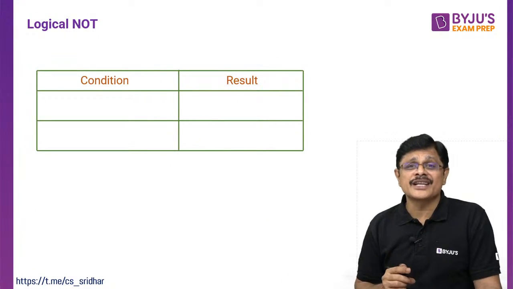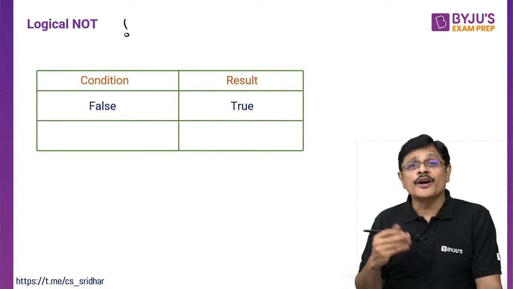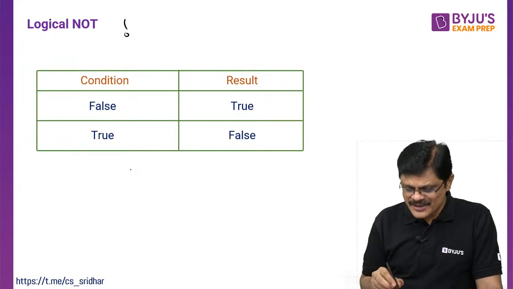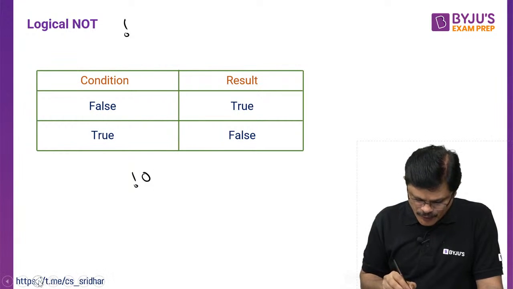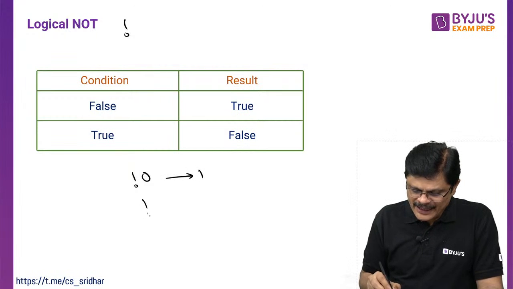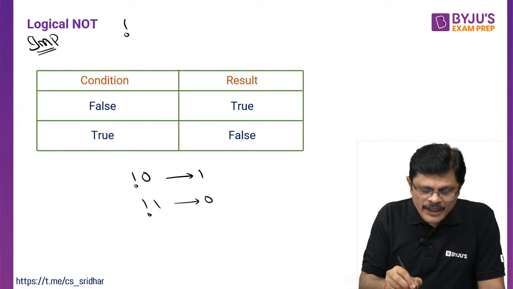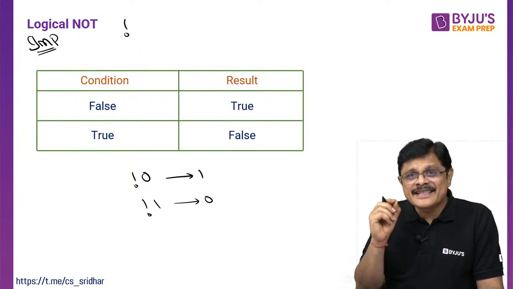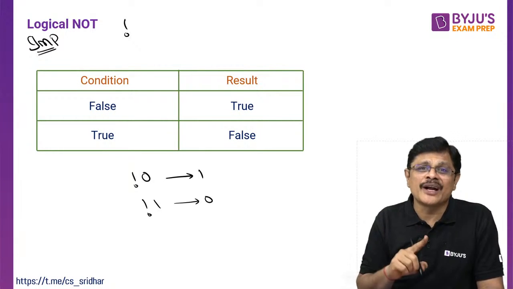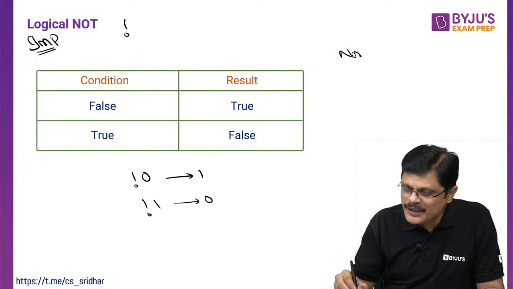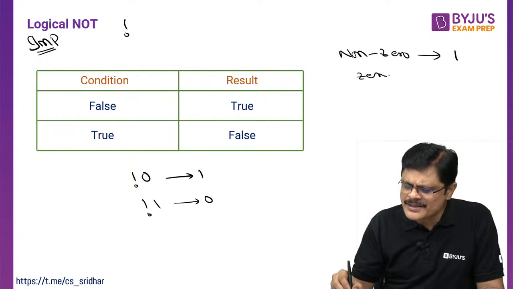Sir. Now the next one is the logical not operator. So when it is false, the result is true. Not of 0 is true. See, not of 0 is, okay, I'll put it this way. Not of 0 is 1 and not of 1 is 0. And this is the most important point to be noted, my dear friends. In C language, any non-zero value is considered as 1 for not. Non-zero is considered as 1. Am I clear? And 0 is 0, my dear friends.